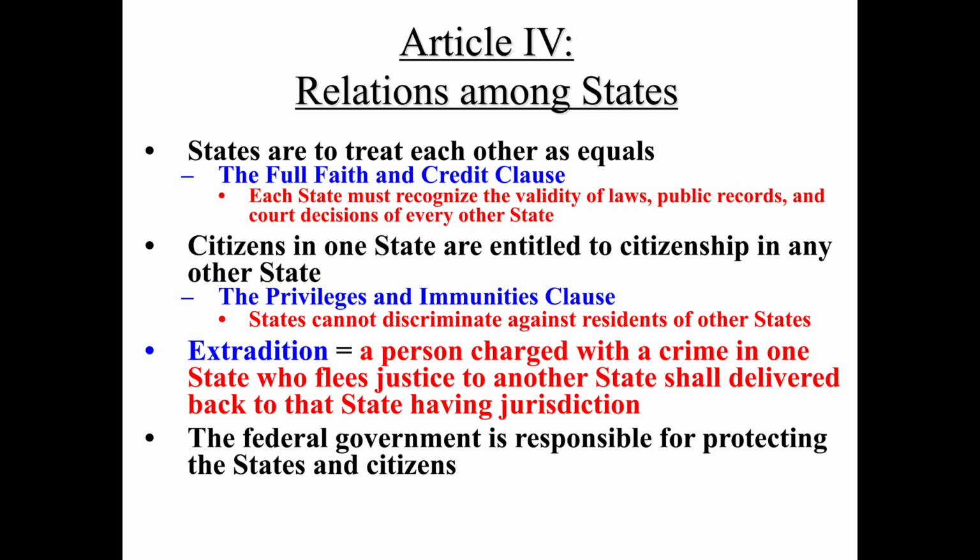And then lastly, the federal government is responsible for protecting the states and its citizens. And this goes back to, it's going to lend itself to what we call the Supremacy Clause, which we'll get to in just a minute. But we typically think of that as just the umbrella of law, but it is also the umbrella of protection. So one way to think about this, and probably the easiest way, is that an attack on one state is an attack on the United States, if that makes sense. The perfect example of that would be something like 9/11, the attacks on the World Trade Centers in New York, and the attack on the Pentagon. Those were acts we determined to be by a terrorist group against the United States,